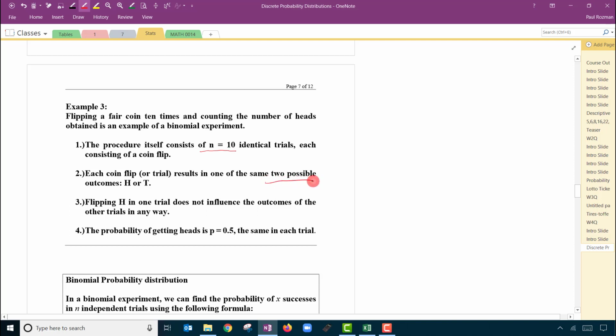There are 2 possibilities, heads or tails. The coin is memoryless, meaning that it doesn't matter what has happened on previous flips,